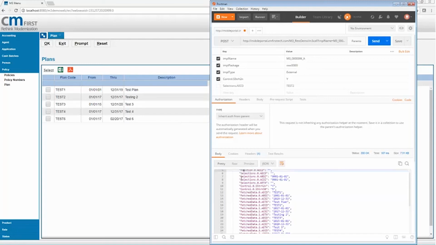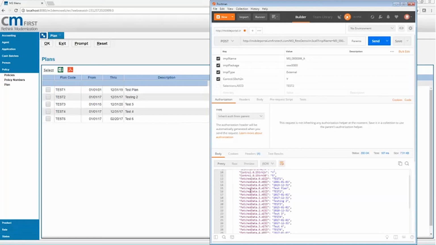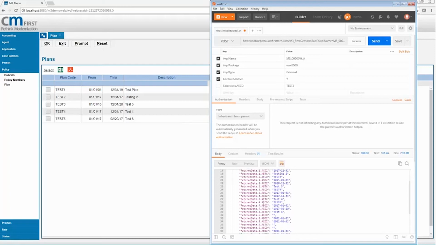You can see here these are input fields that we're using, so we're not positioning on anything. We're just basically loading the full table. And so now you start to see the fetch data and the array of the fetch data. So you can see here's my test one. Goes from 1/1/2001 to 12/31/19, has the same description. And you can see we have that for each row that is loaded in the grid. So we're directly consuming the exact same function that we're generating from Flex.